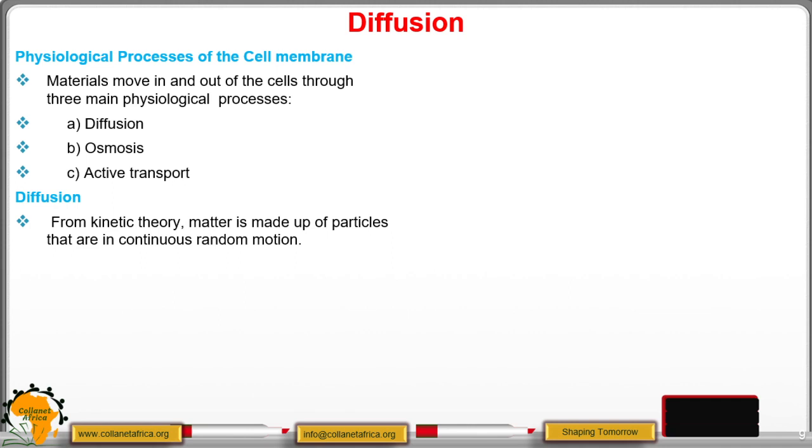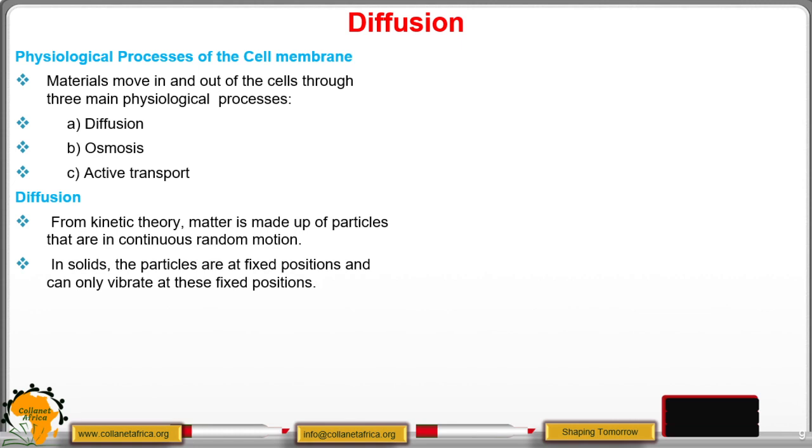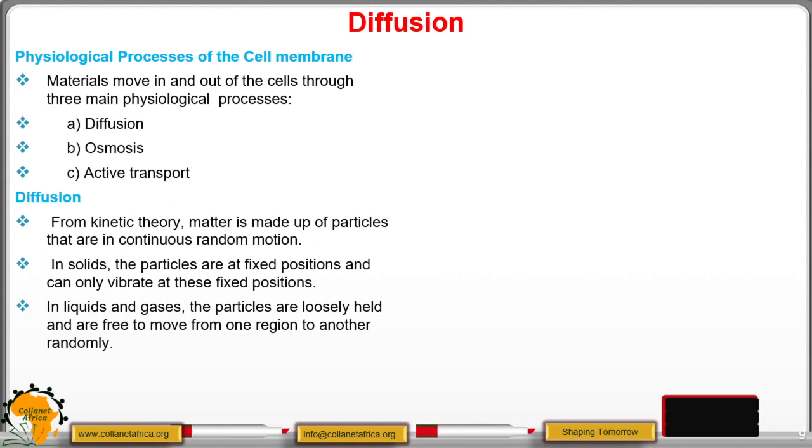Diffusion. From kinetic theory, matter is made up of particles that are in continuous random motion. And matter has three states: solid, liquid, and gases. In solids, the particles are at fixed positions, and because they are tightly packed, they can only vibrate at those fixed positions. In liquids and gases, the particles are loosely held and are able to move from one point